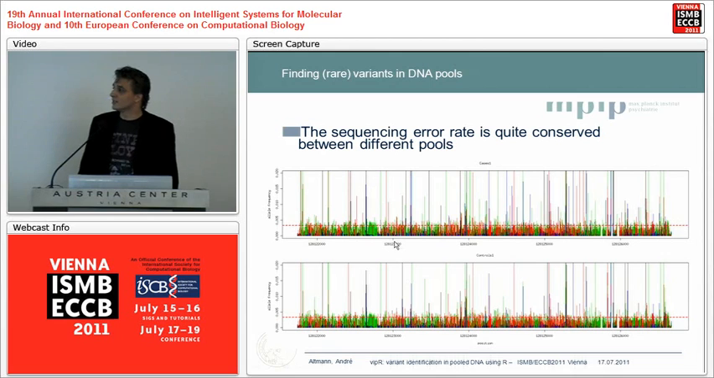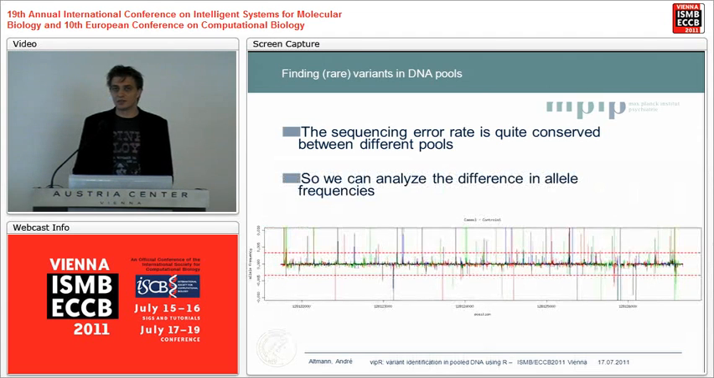So this led us to the idea to, instead of looking at each pool individually, look at them combined. The first step would be just to look at the difference of the two minor allele frequencies. This is the plot here. The dashed line up here means you have one more heterozygous allele in the cases group, and the dashed line down here means you have one more heterozygous allele in